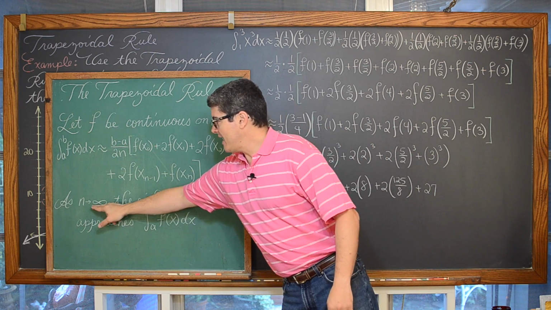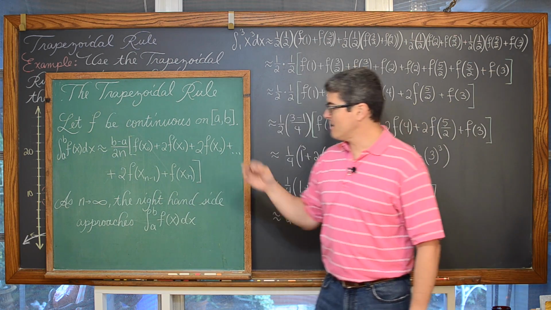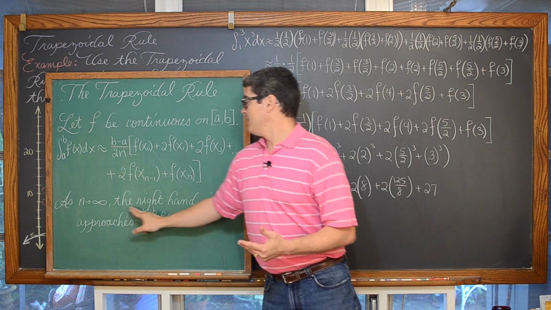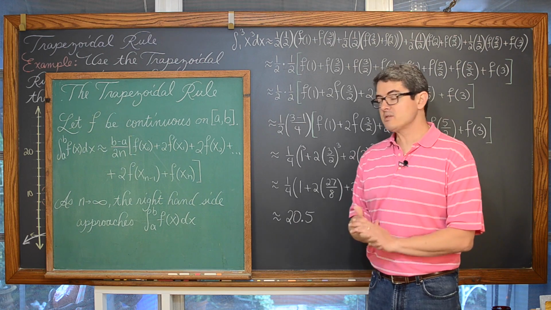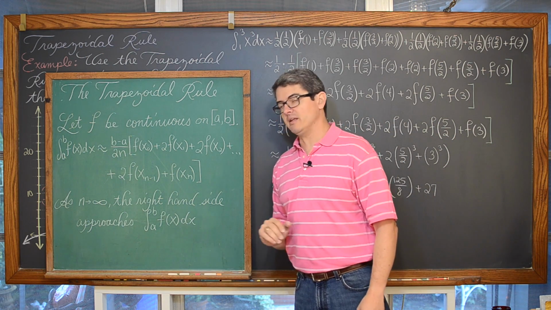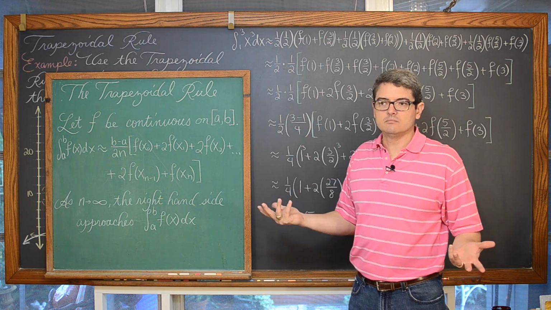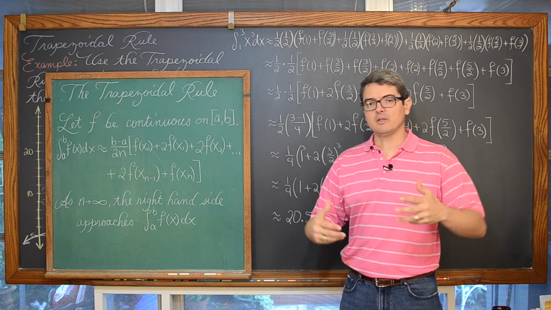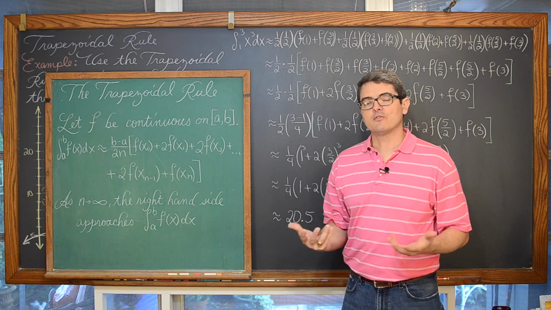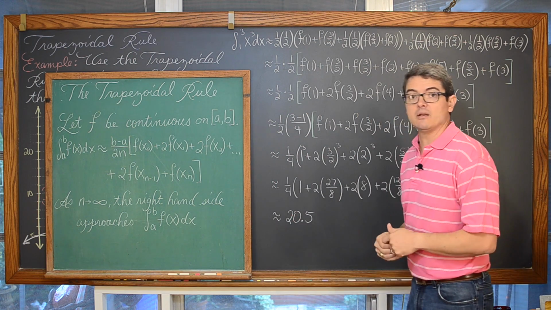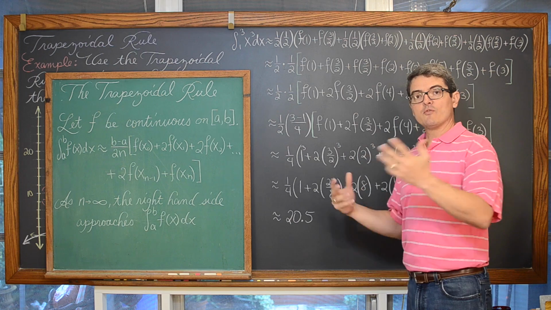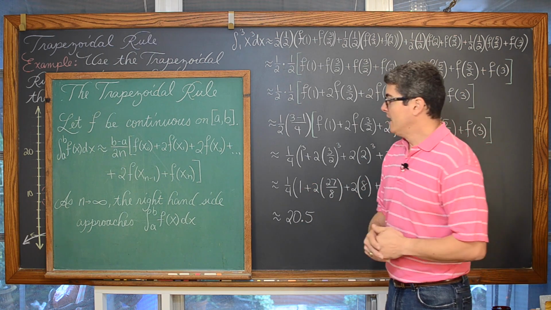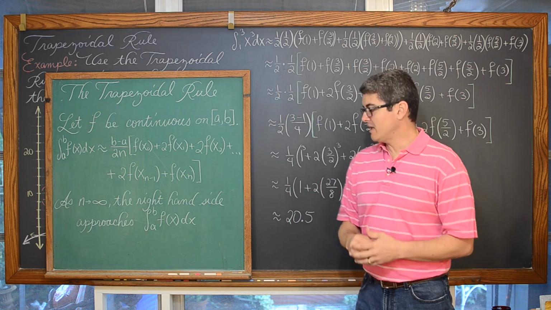As n approaches infinity, as the number of trapezoids you're using to estimate the definite integral gets larger and larger and larger, then the right-hand side of this rule is going to approach the actual definite integral and become a more accurate estimate, as we saw with our infinite limits of sums, and developing our idea of the first fundamental theorem of calculus and estimating area with rectangles. We let the number of those rectangles approach infinity, and whether we use the left endpoint or the right endpoint or the midpoint, we got an infinitely accurate estimate.